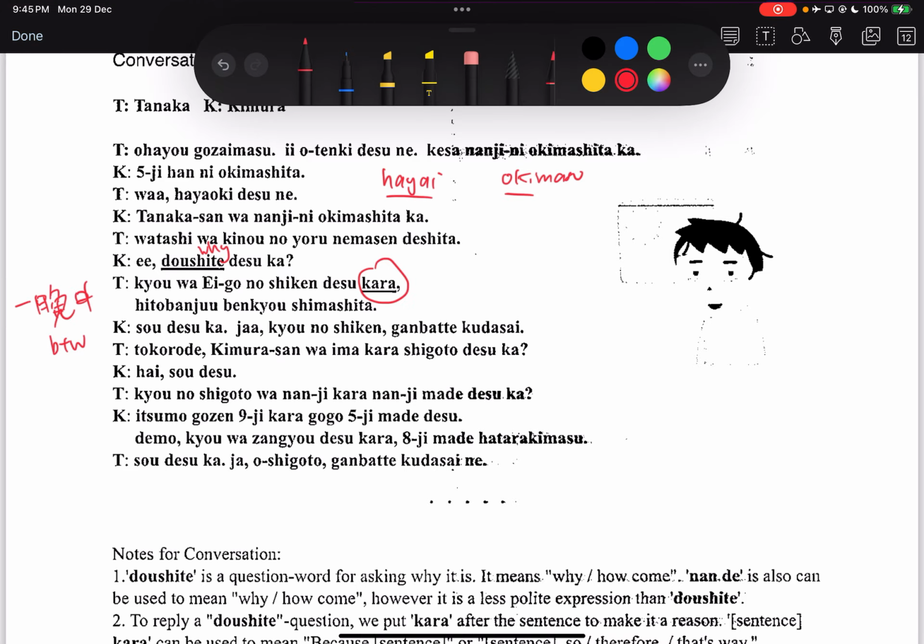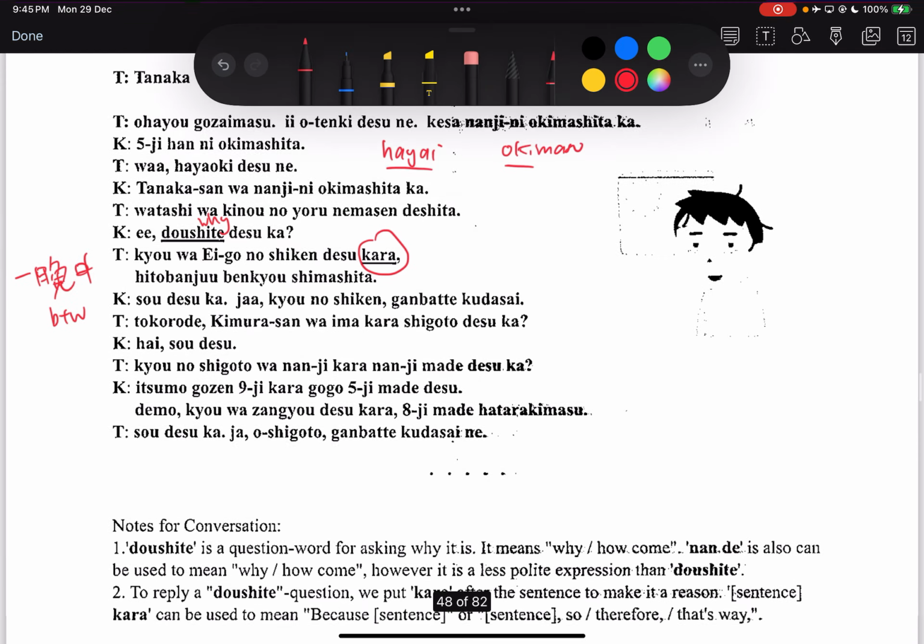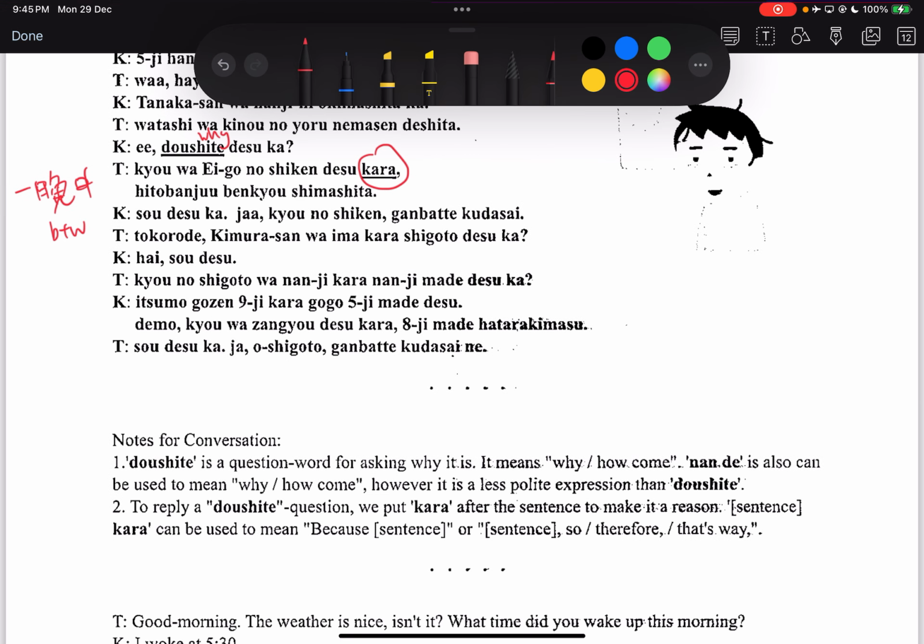K says はいそうです. はい, yes. Then T replies 今日の仕事は. Today's job. 仕事 that is related to today. So 今日の仕事は何時から何時までですか? From what time to what time? K says いつも. いつも is always. いつも午前9時から, so morning AM 9 from. So from 9 AM 午後5時まで, afternoon 5 PM までです。でも. What is でも? But. でも今日は残業ですから